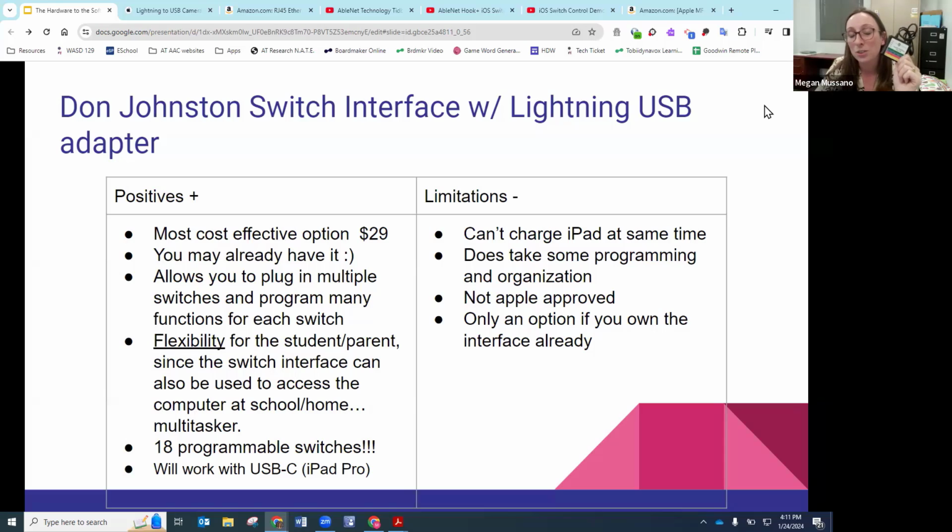But again, my favorite part of this is if this is something that's used at school but then sent home, not only can it allow the student to access their iPad for, say, communication or activities or whatever else, it allows flexibility because parents can just unplug this, take it over to their computer that they have at home, and use it. On the blue level, there's a space and enter. Space bar is play and pause on YouTube, and the click,